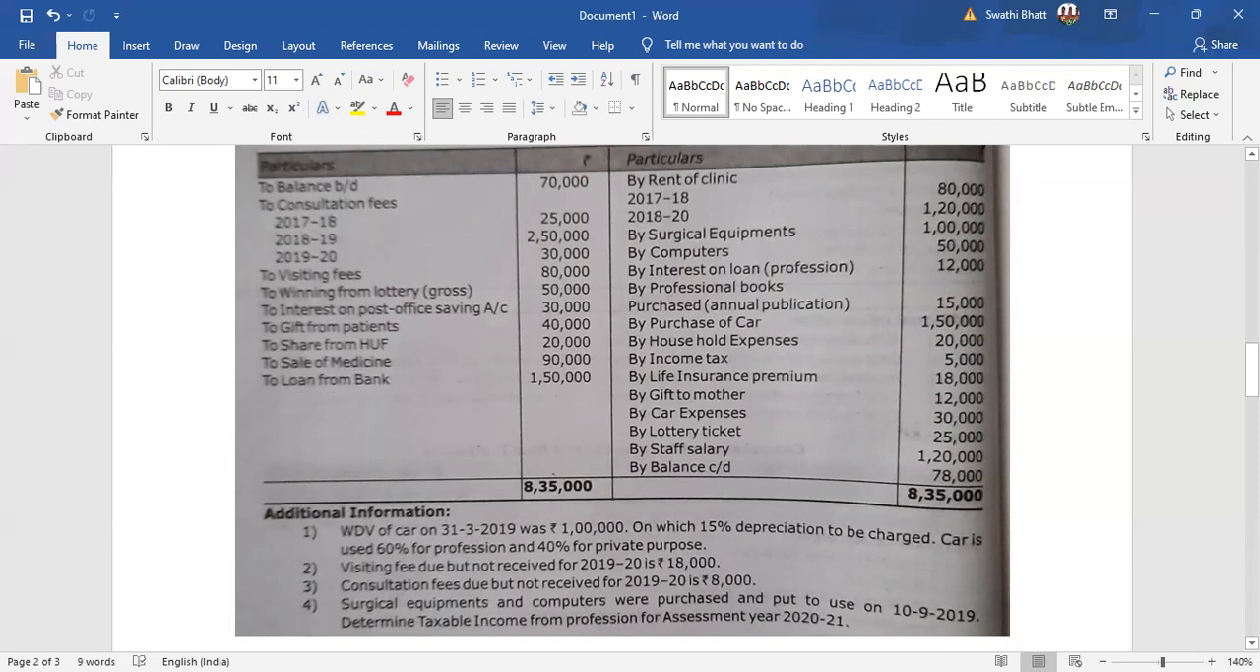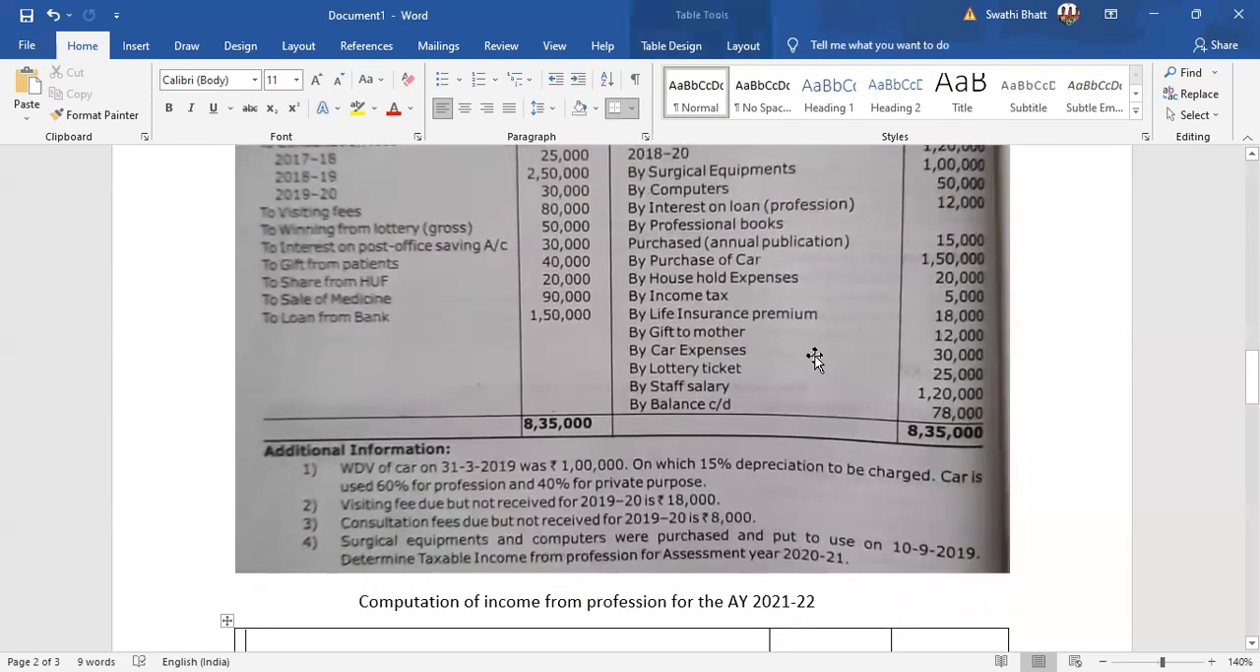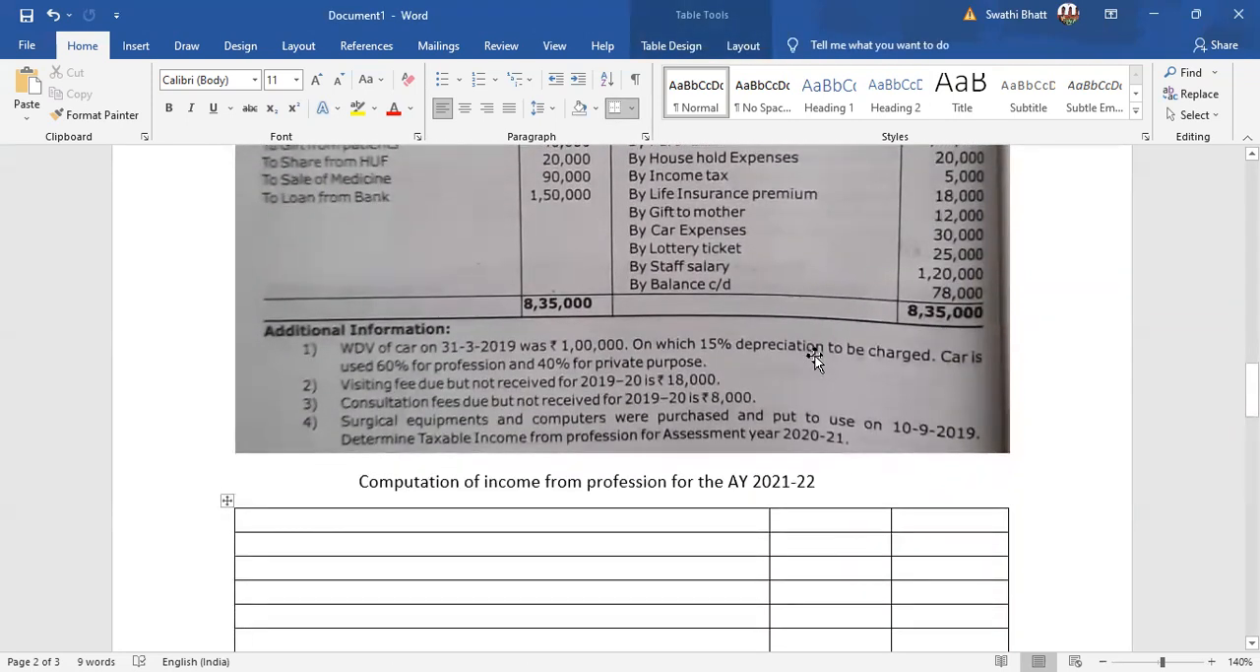The first step that you're supposed to take over here is we will be looking at the receipt side. You can see whatever is on the left hand side, all of these are the receipts. What you can see on the right hand side are all the expenses. Now you will have to check each item and decide whether these receipts or these expenses are related to his profession or not. First, we'll be looking at the receipts. The first thing that we have is the consultation fees. So I've written the heading over here, computation of income from profession. It's going to be particulars, amount,